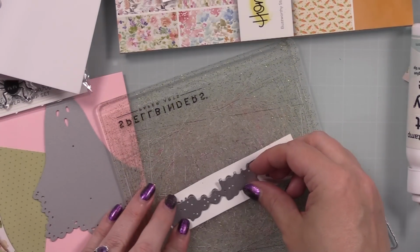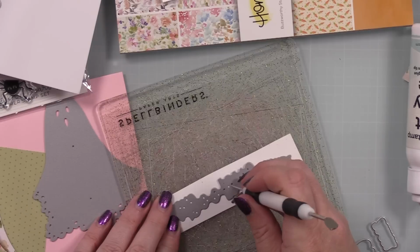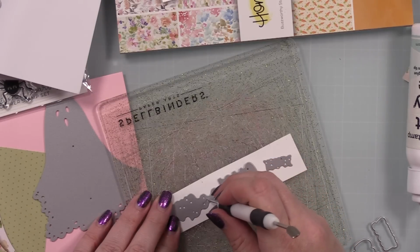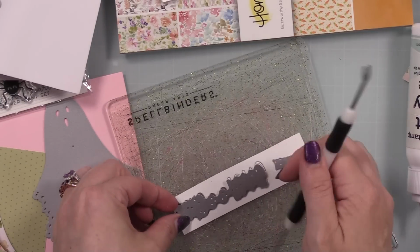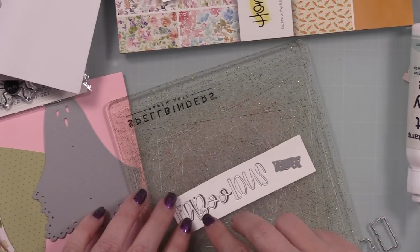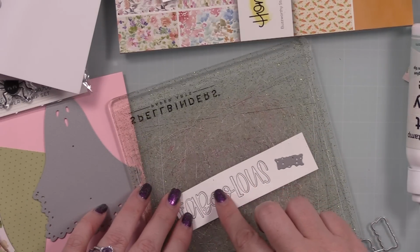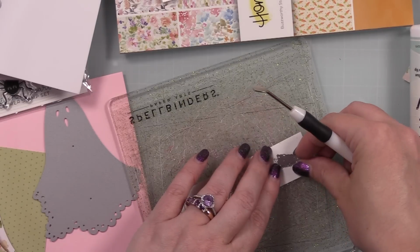You see, they're going to start coming out as I'm lifting the die up. But all I do is take my little piercing tool and I just press them back. It's like, nope, you're staying where you belong. Because this is just going to make my life easier to adhere everything onto the outline. So I get them lined up inside what will be the scrap, remove the wafer dies out of place,